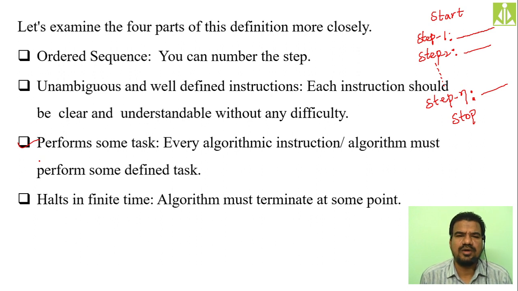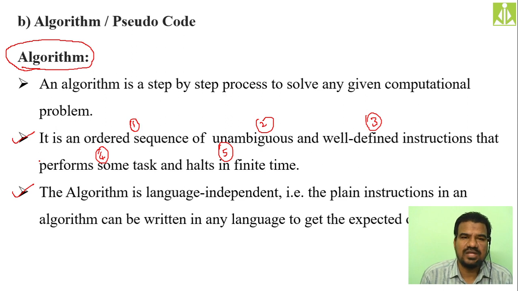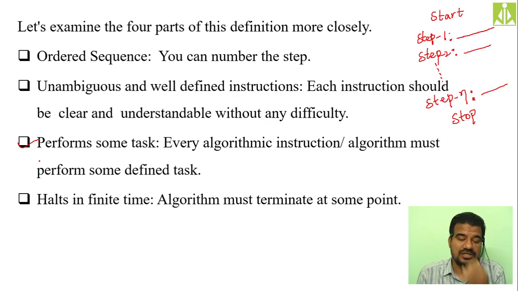If you have an infinite number of steps, if you don't know where the algorithm will end, I mean where exactly it will give the proper output, then writing such algorithms is meaningless. Don't go for such a solution. When you are writing an algorithm, it must terminate after a finite amount of time, and it should have some well defined set of instructions. Hopefully you understood. So these are the four technical terms we had in our second definition of the algorithm, and I have given the proper explanation.